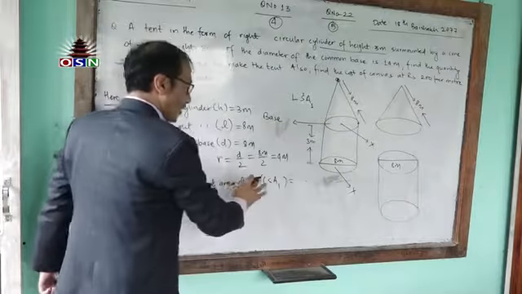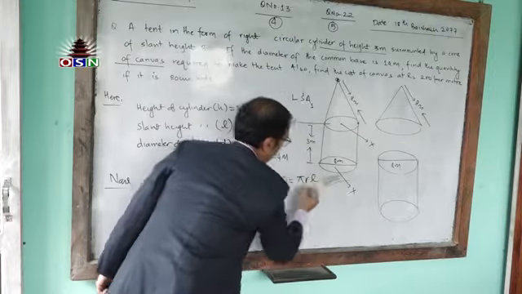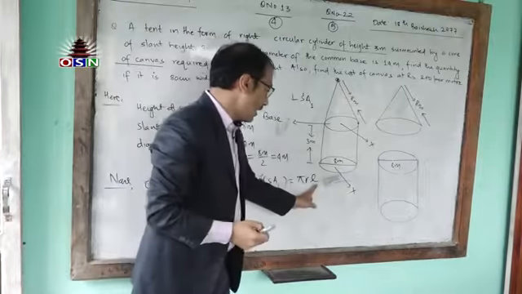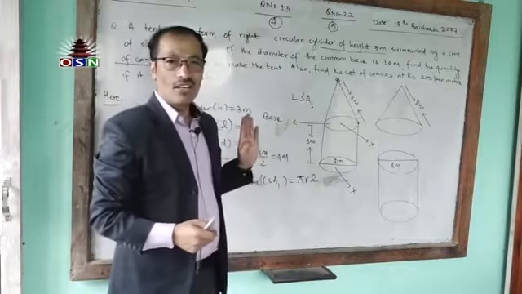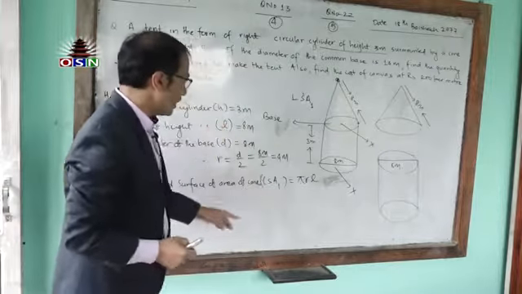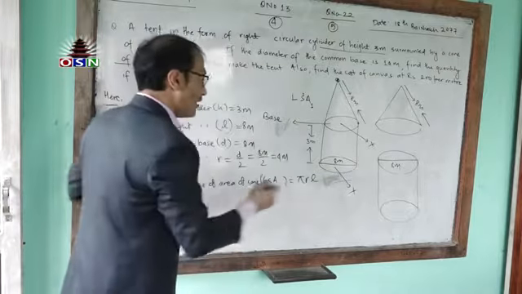So here you should be clear. Yes, you are right. Curved surface area of the cone is pi RL. R represents radius, L represents slanting length, and pi is a mathematical constant. I think here in the question you are given radius as well as slant height both. So let's place the values.